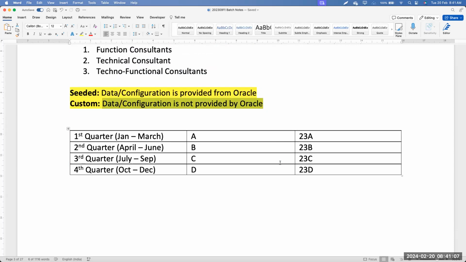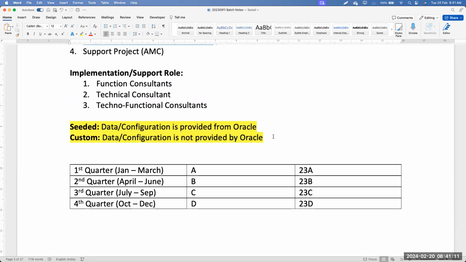So this technical consultant can be used in any module because they are into technical. Yes. Okay, perfect. Because usually the functional consultants represent only one module, right? So they cannot work on different modules, whereas the technical consultants can work on any module, right?